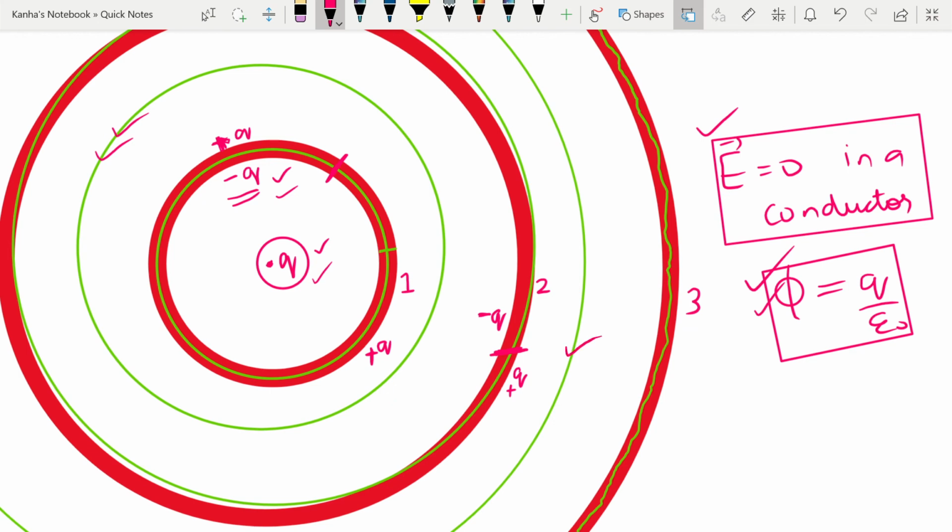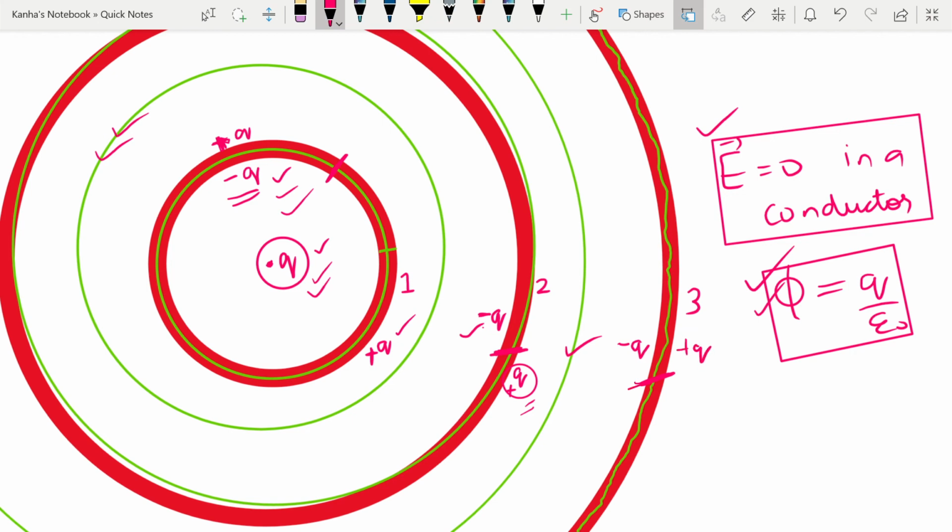Next, similarly, you can see that inside this, how much net charge is there? Net charge is again plus q, because these ones cancel out. Only this one remains. So due to this also, the flux is equal to q by epsilon naught, which is fine. But if you again consider the third shell, the net electric field inside should be 0. So the net charge inside should be 0. For that to happen, because there is a positive charge right now here, in the inner surface of the third shell, I will get a minus q induced charge and a plus q outside.